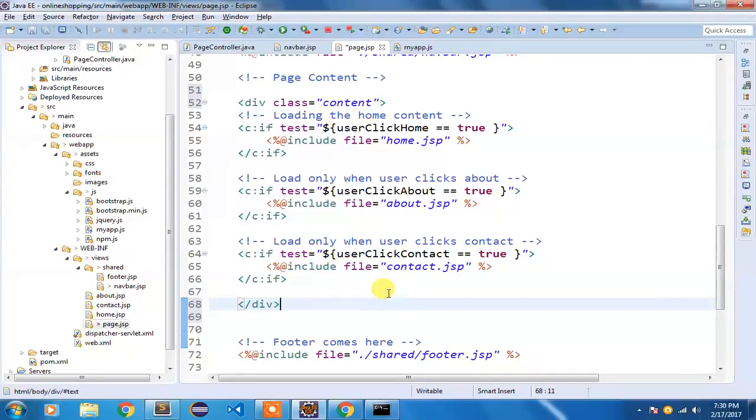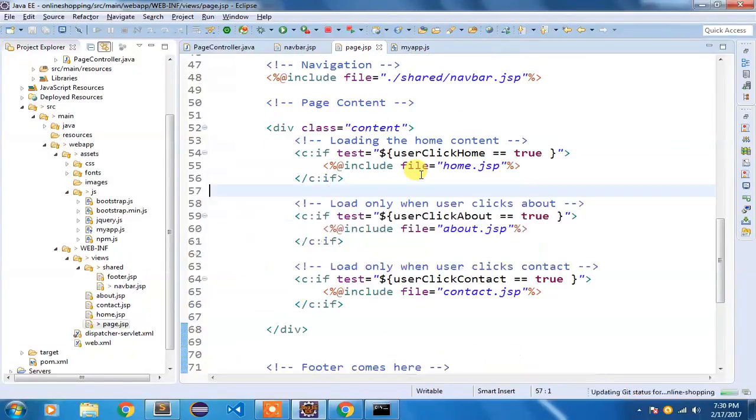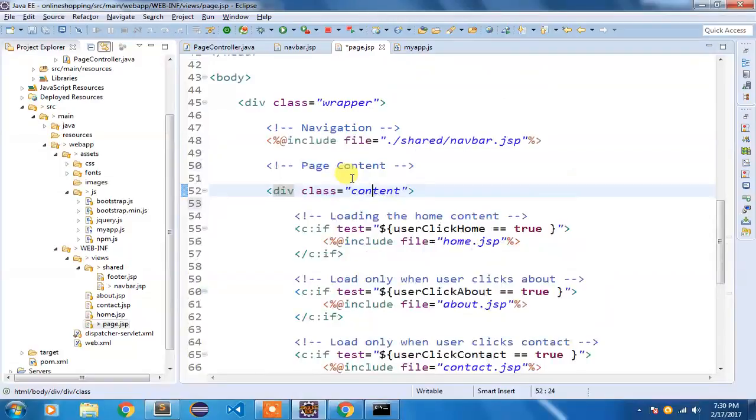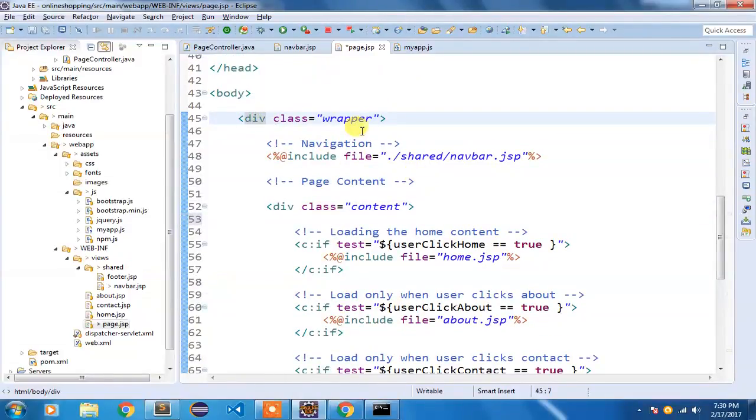If I do Ctrl Shift F, our code gets formatted. So you can see I've wrapped the entire page content inside another div element called content, and the entire body is wrapped inside another div element, and the class we assigned is wrapper.